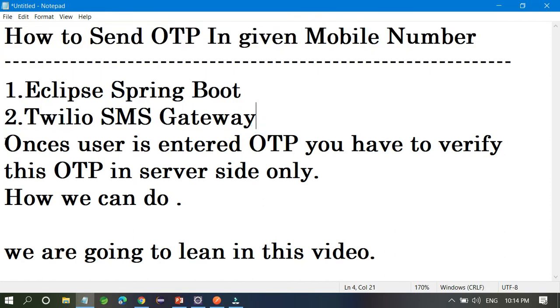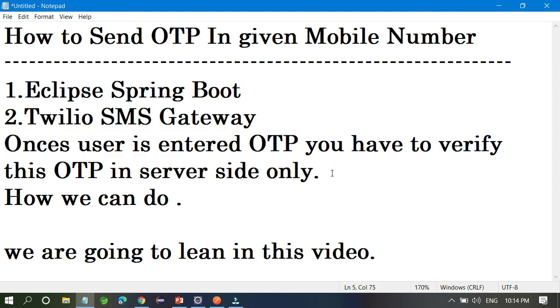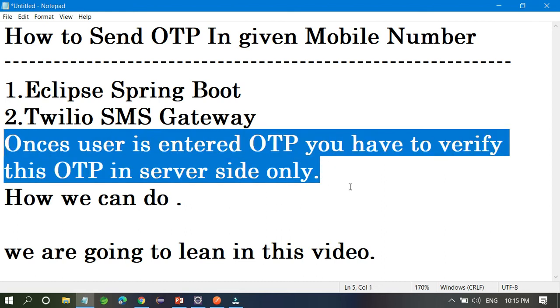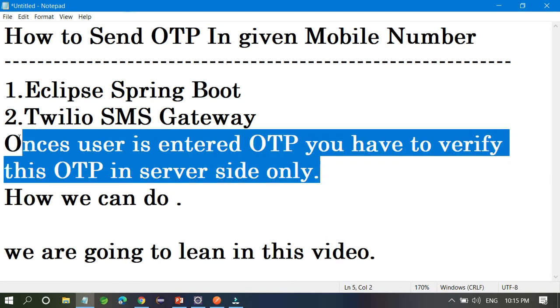So many people are facing this problem: once the user enters the OTP, you have to verify it on the server side only, because you don't want to store the OTP in your database, or in any static variable of a class on the server side.